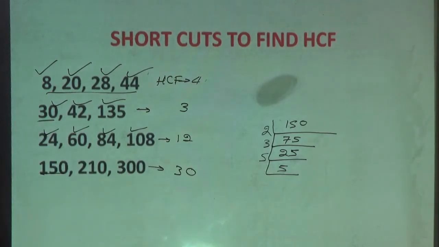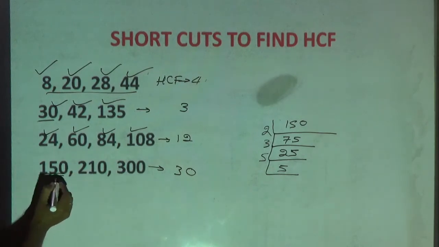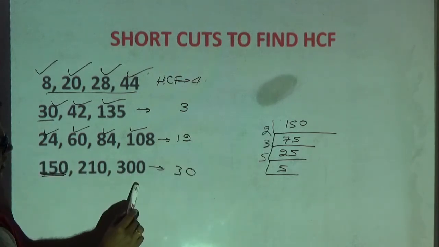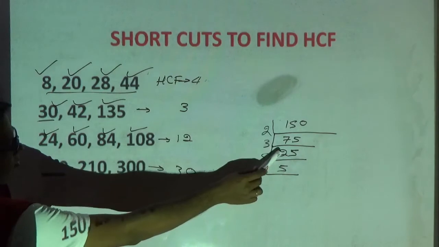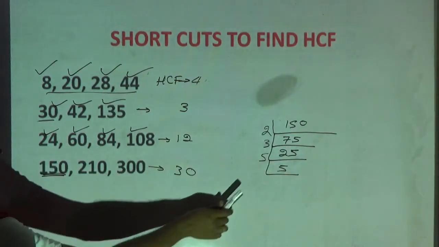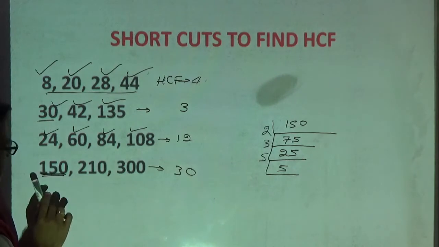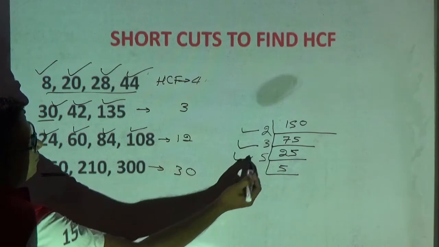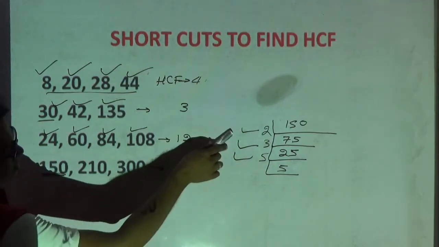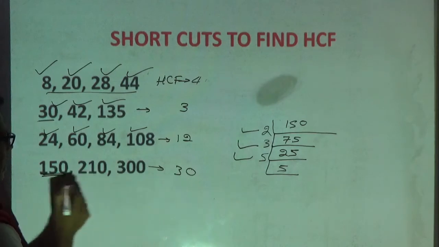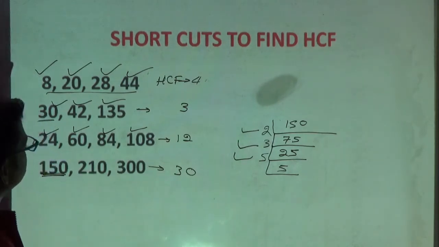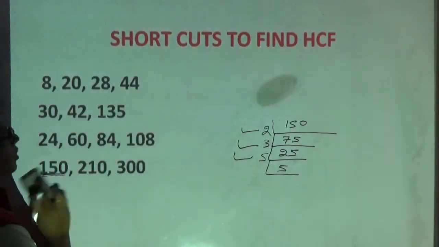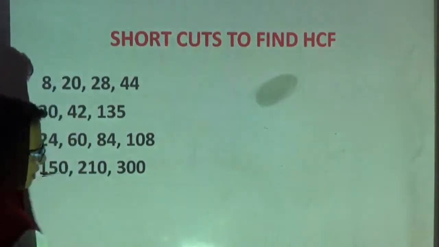Please observe here. Among all these three numbers, which is the smallest number? 150. Find the factors. 2 75 times. From 75 whether you can divide? No. Then 3 25 times is 75. Now from your 25 whether you can divide all the numbers? No. 5 times now. From 2 I can divide, from 3 I can divide, from 5 I can divide. Then what is the multiple of 5, 3 and 2? 30. From 30 I can divide all the numbers. Therefore HCF is 30. Hope you have understood. We will go for a few more examples to make you understand how to find out HCF very quickly.